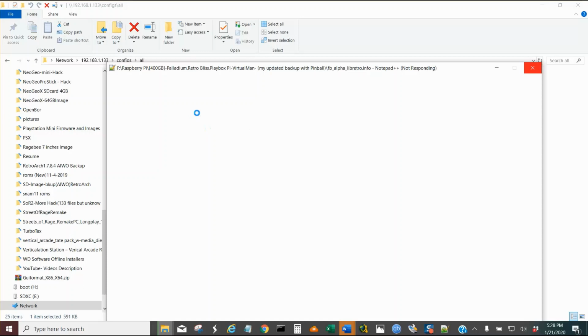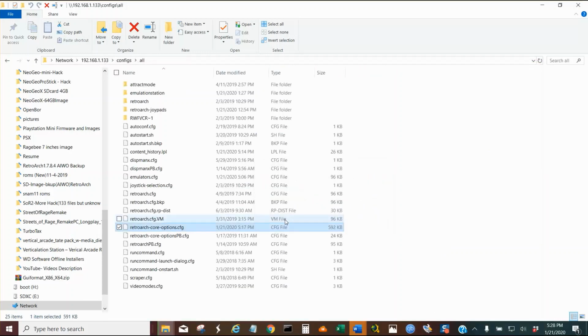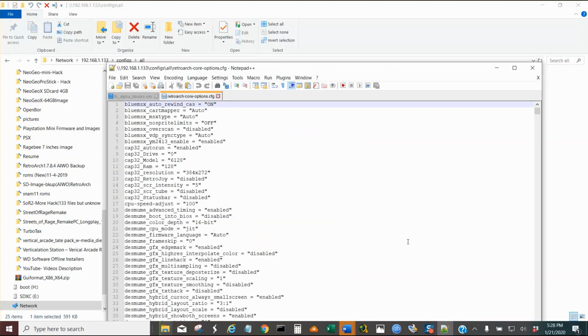wow, it's taking a while to load. Maybe I should close this Notepad first. Okay, let's try again. I'm going to open retroarch-core-options.cfg. Okay. I think what happened is I left that program open so long I never closed it, so it's giving me a problem. Alright, so I'm looking for